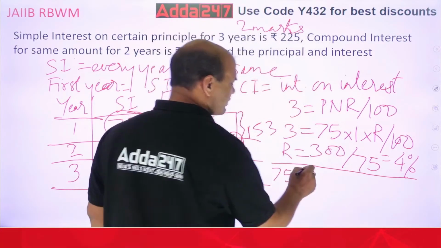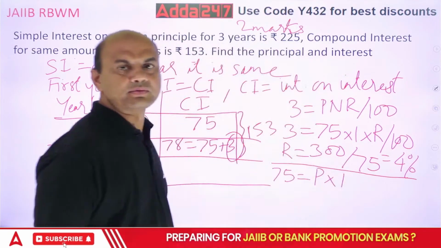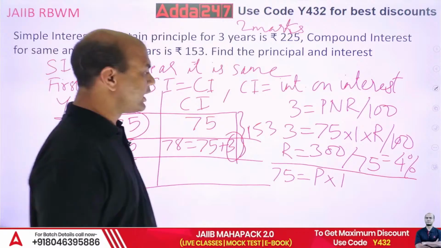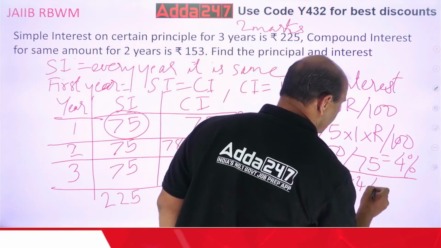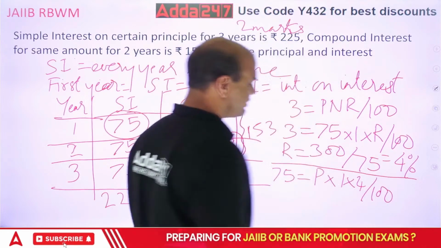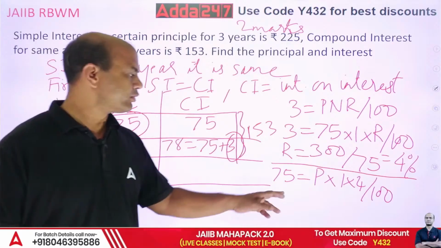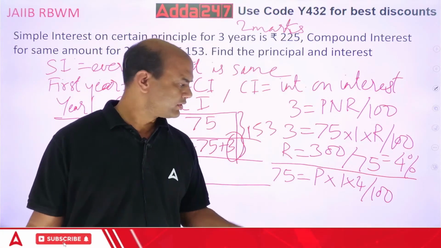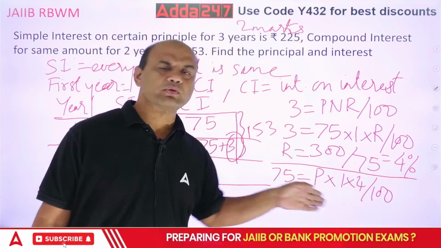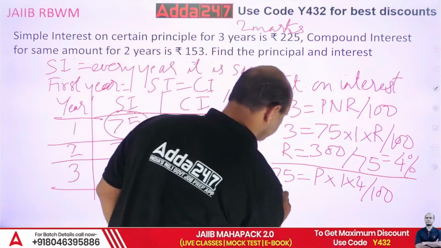So P into N for 1 year, into R. R is now, you got it, 4%: 4 upon 100. Getting this? P into 1 into 4 upon 100. So solve it now. You've got everything. 75 into 100 divided by 4. So P equals